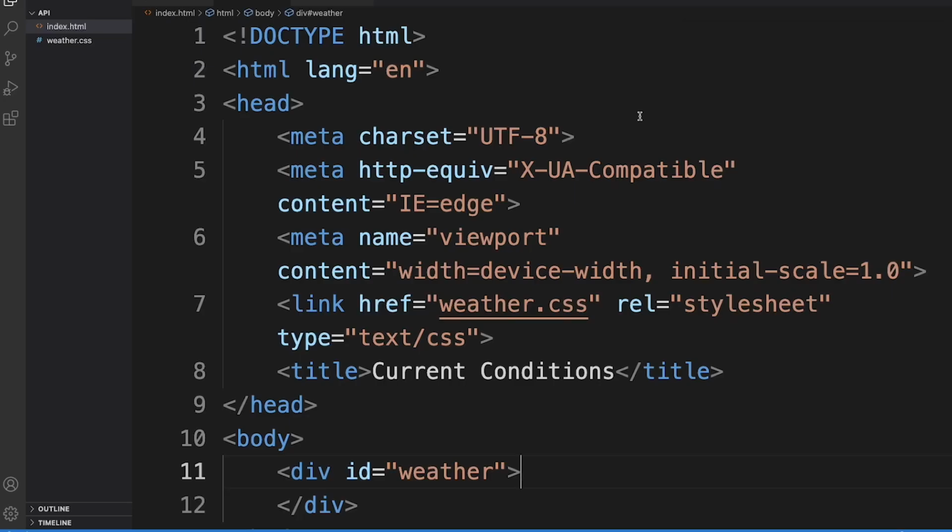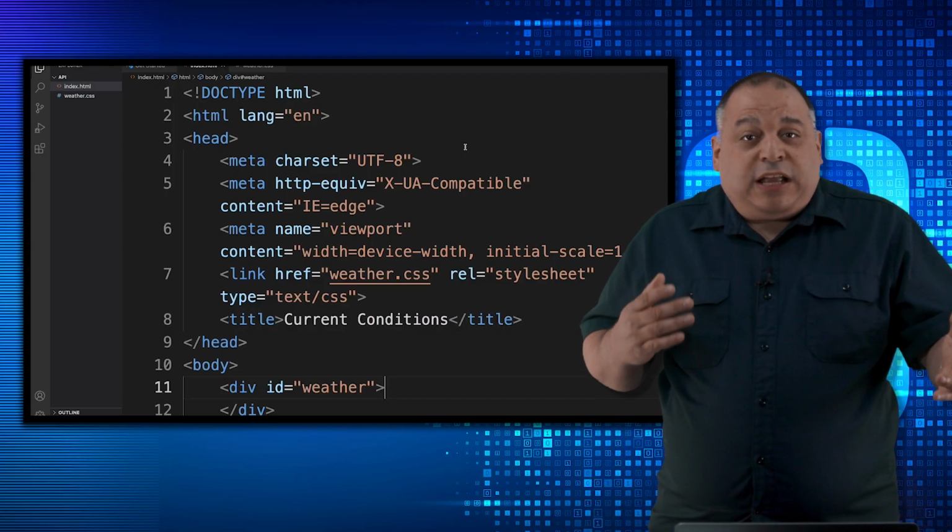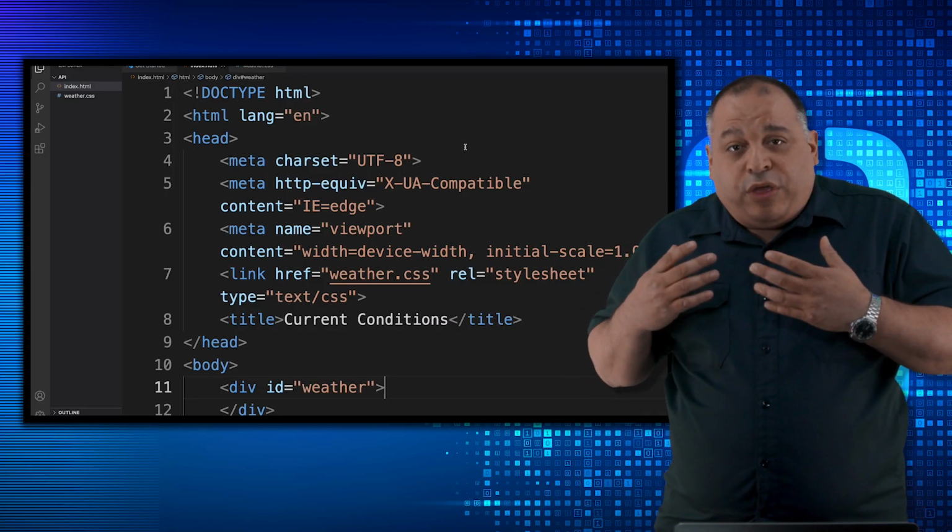So you can see we have meta tags on lines 4, 5, and 6, which just gives some information about our HTML document. We're using the UTF character set. We have our viewport, so it measures the same as the user's screen. And on line 7, we're linking to the CSS file I showed you a moment ago. That contains all of our style information. That takes care of the head of our document, so now we'll go down to the body.